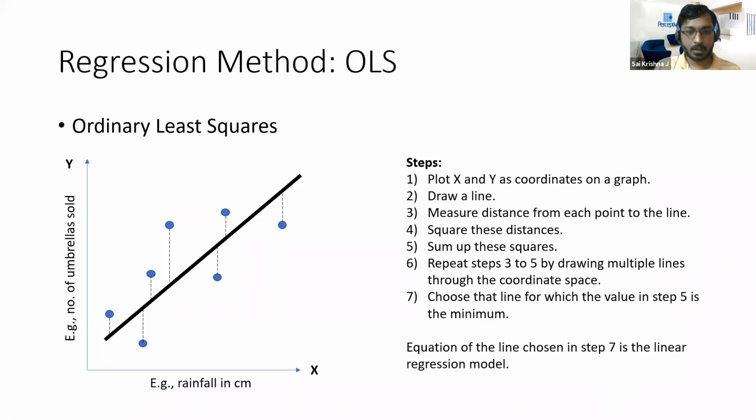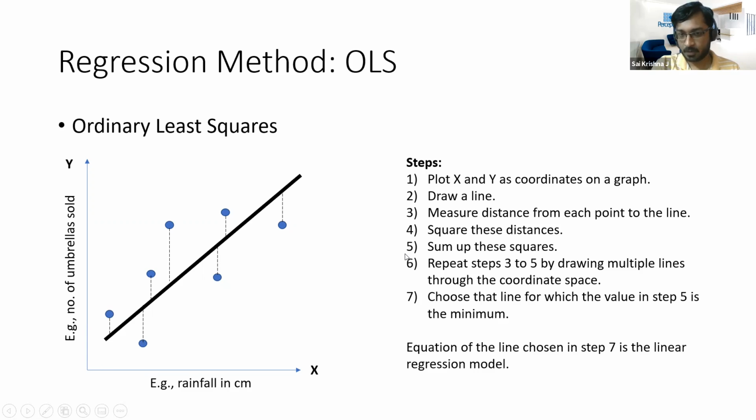Okay. So how do we exactly do this linear regression? This is how the mechanics of it works. There's a method called the ordinary least squares method, or OLS method. Typically this is how this method works, but in reality we don't follow these steps one by one. That's why we have computers to do the job for us, right? So when you feed the data into your Excel or R or Python or whatever, this is what it runs in the background.